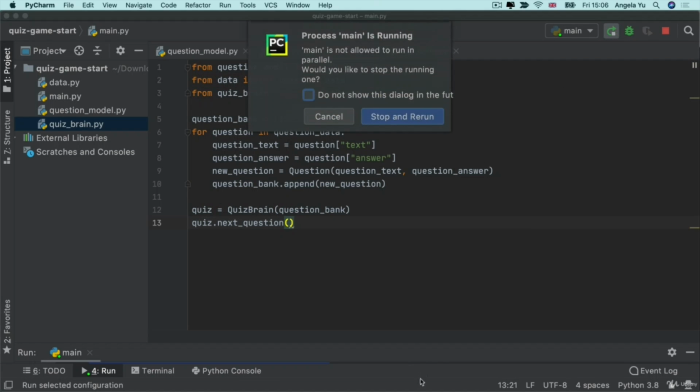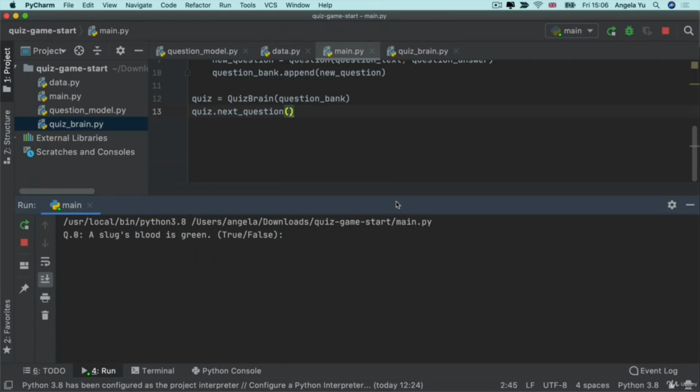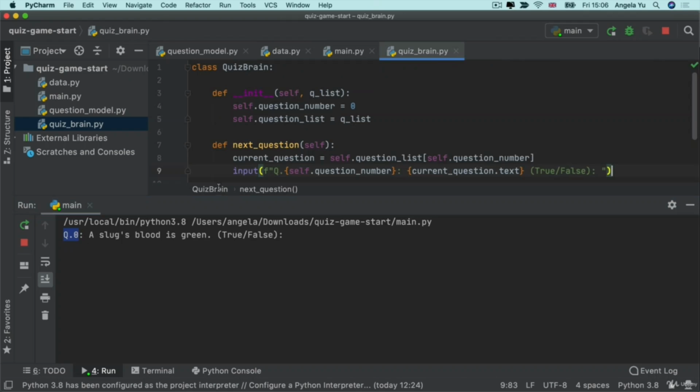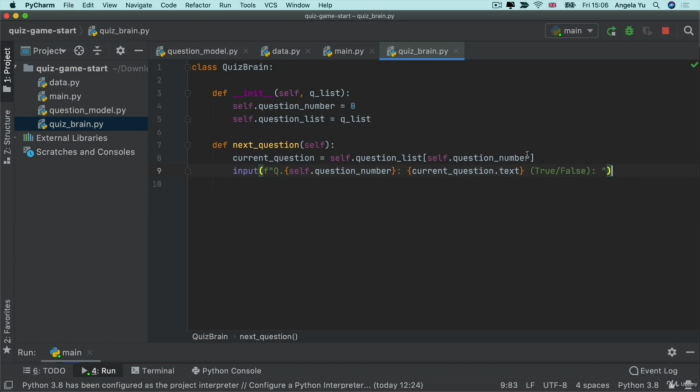Let's go ahead and run this main.py file. And you can see we get our question text being displayed, true or false being asked, but our question number starts from 0. And that is, of course, because we need 0 here in order to get hold of the first question from the list. And that's why this has a default value of 0. But by the time we reach this input, it would be really good if this actually read 1 instead of 0. So one way we could do this is we could do this plus 1,